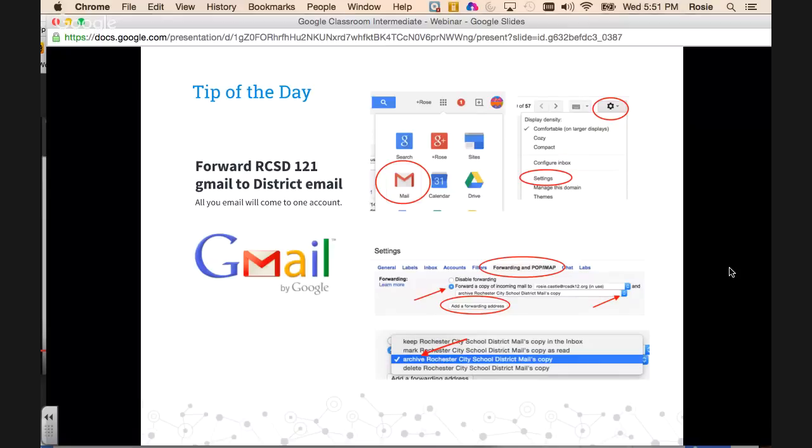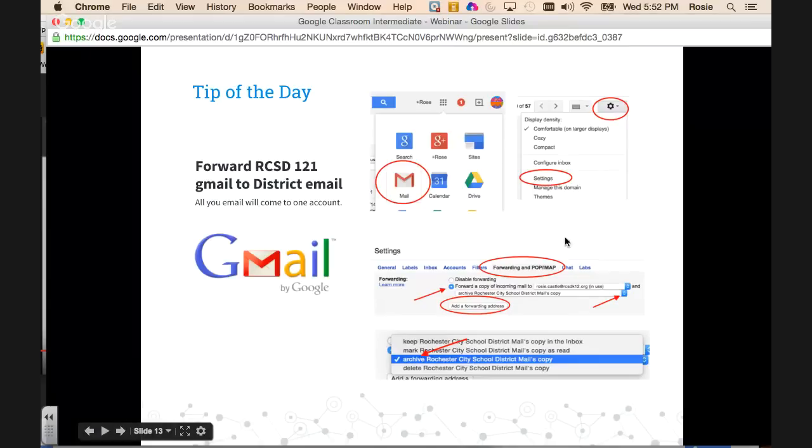The specific step-by-step directions are in the online resources section in our class, but I'll just quickly go through this so that way some people go, oh, where was that button again? Oh, I don't know what they're referring to in the directions. And so whenever you're in your Google account, if you open up a new tab, you'll see the app launcher, or what some people call it, looks like a waffle. And if you click on your mail icon, and then once you get that open, you'll see all over to the far right, it looks like a gear. And so if you click on the gear, then if you go down to settings,